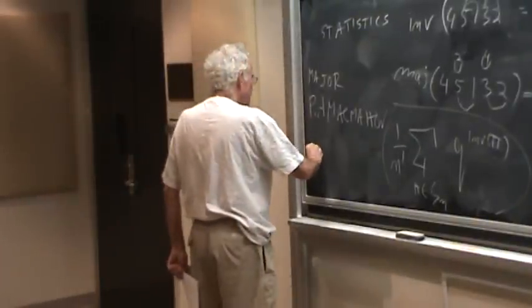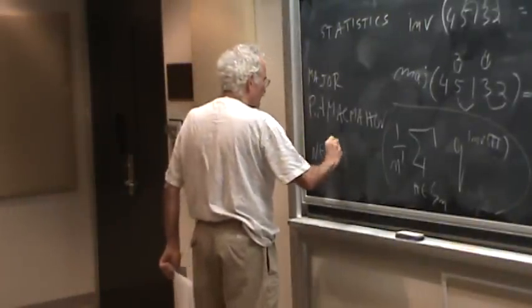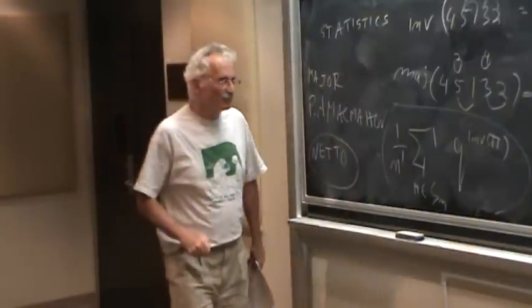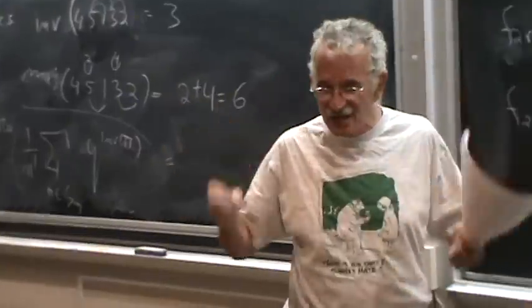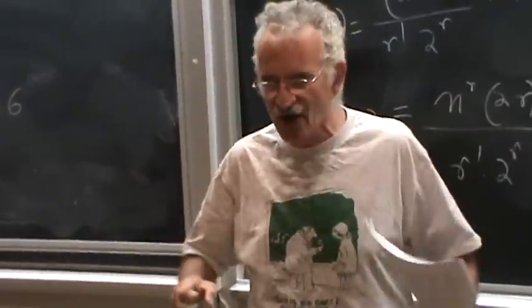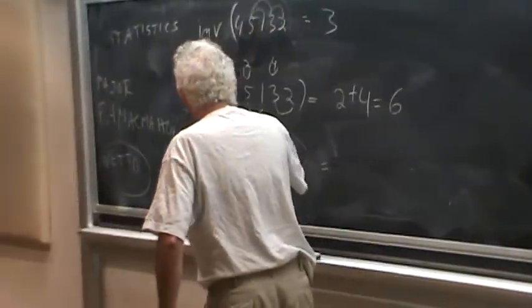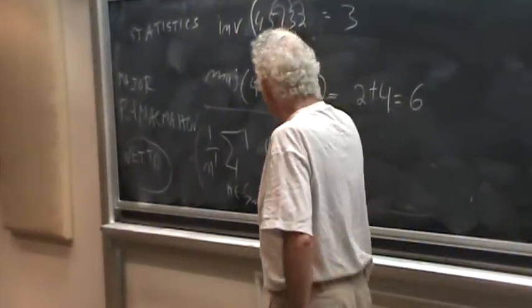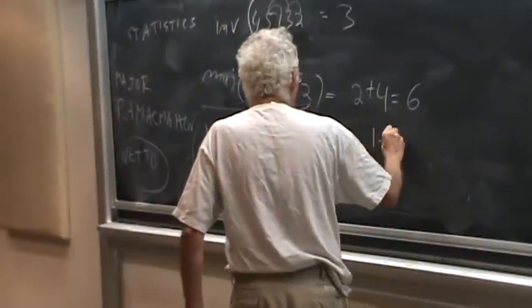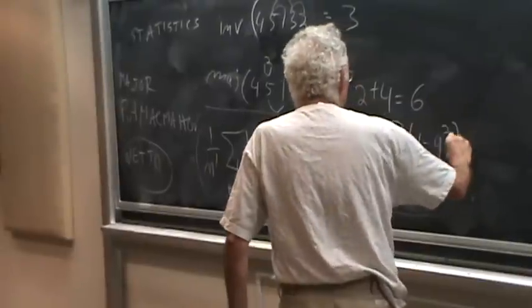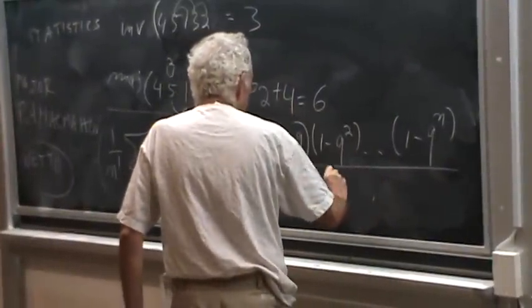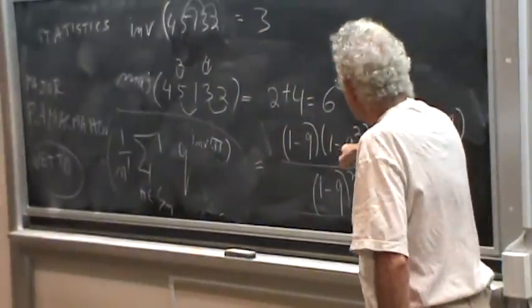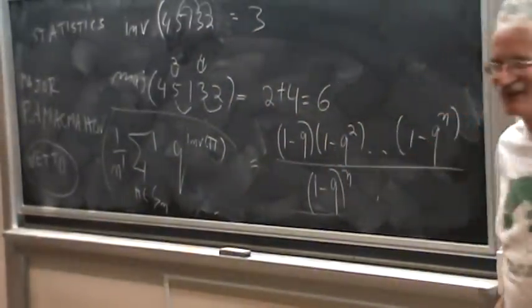And in the 19th century, a combinatorialist, or rather a mathematician, called Netto proved a beautiful closed form expression. There is no closed form expression for the number of permutations on n letters with exactly i inversions. No. But for the generating function, the coefficient of q to the power something gives exactly the probability. It's beautiful: 1 minus q times 1 minus q squared. It's a beautiful product formula. It's the q-analog of the factorial function. So it's really 1 times 1 plus q times 1 plus q plus q squared, this beautiful formula, an explicit formula for the probability generating function for